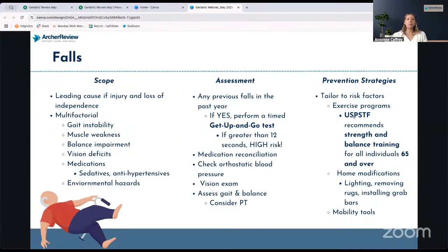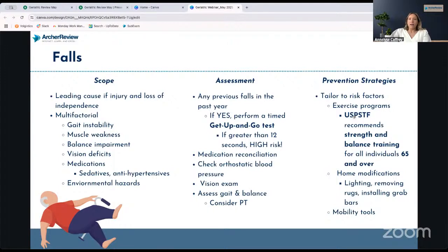You also always want to perform a med reconciliation, check their blood pressure, vision exam, all the normal stuff you check, but make sure that if they say they've had any falls in the last year, you are definitely doing a Timed Up and Go test, because we can get a lot approved by insurance if we have it documented that they're high risk for falls. So we can get them occupational therapy, physical therapy, we can get them assistive devices like canes or crutches, walkers, etc. So we always want to make sure that we are accurately documenting falls in an older population.